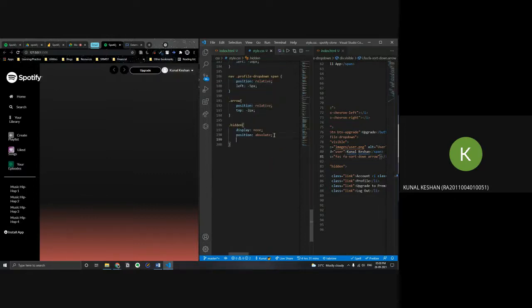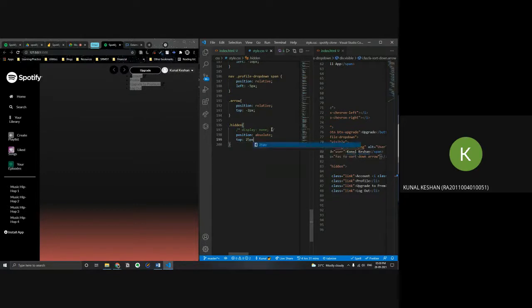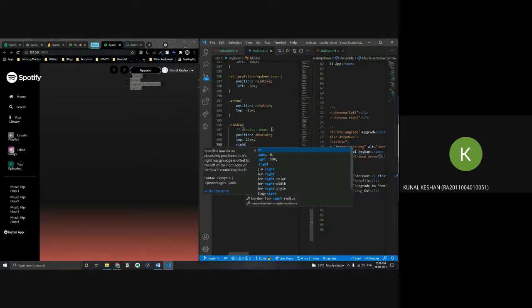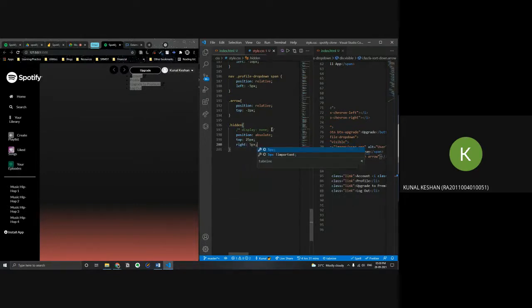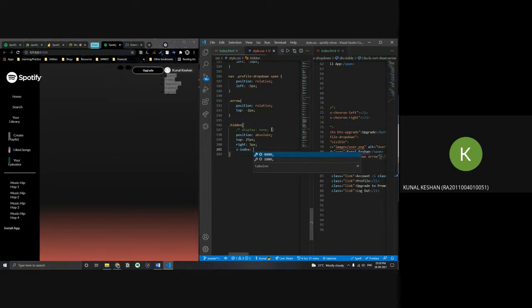Now for now, let's not keep it none, because we want to see where it's actually going. We'll just give a top of 25 pixels, and a z-index, so it takes more priority than the other elements. So just maybe 2 or something.